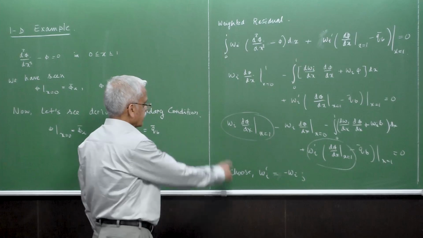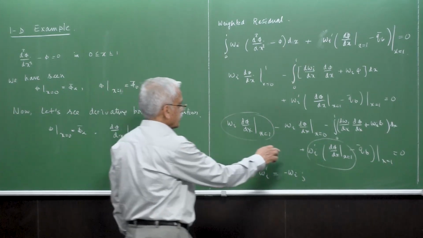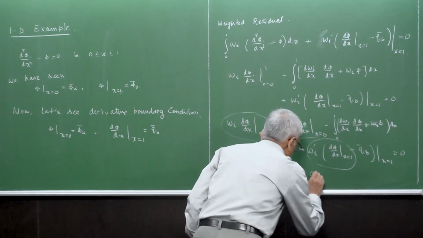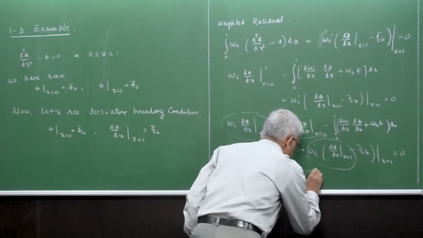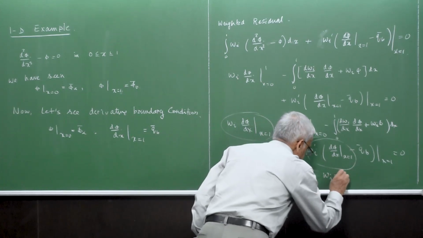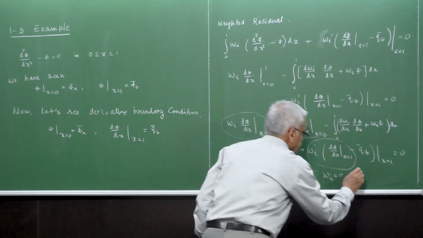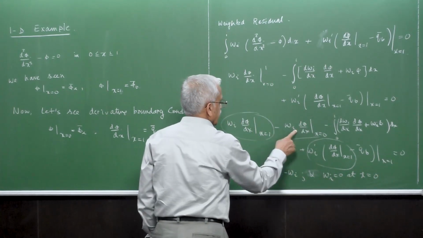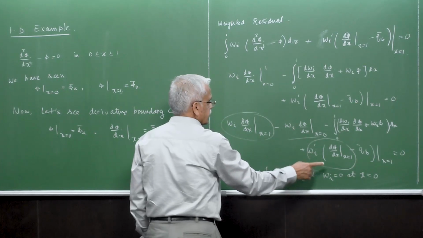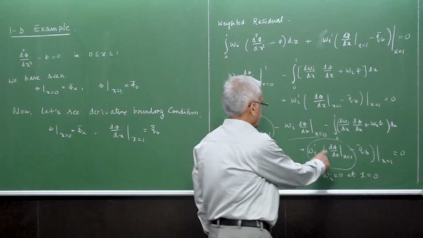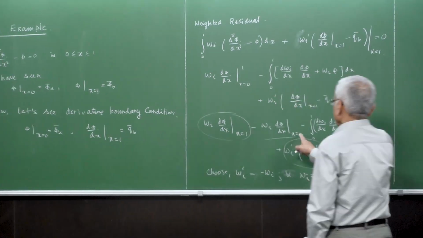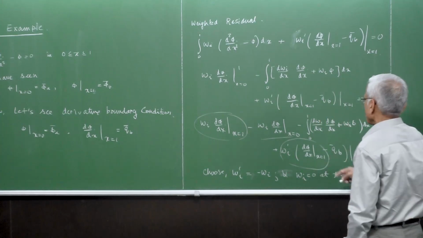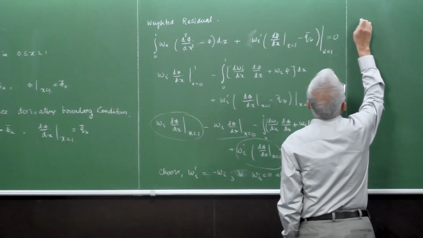The other thing is that we will make the second term also 0 and choose Wi equal to 0 at x equal to 0. That way this gets cancelled with this one and this drops down and only this remains with a negative sign. There is a minus here and a plus here, so this becomes minus. So the simplified thing